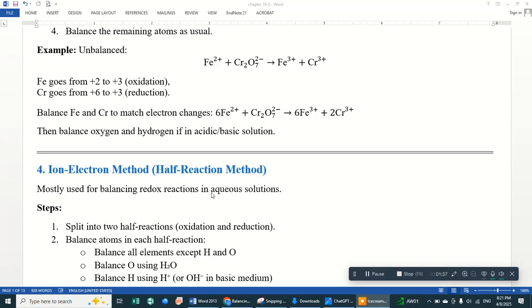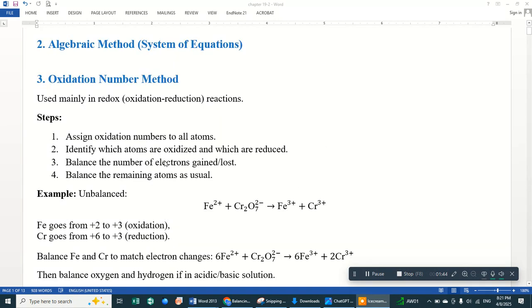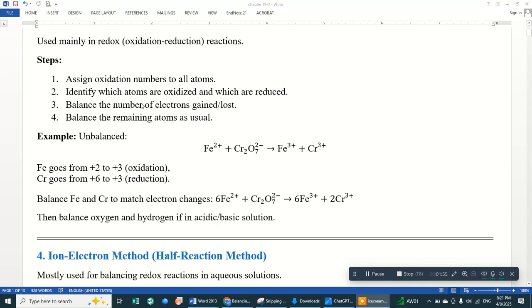There are different methods to balance equations, but these two well-known methods are mostly used. To understand the basic principle of both methods,